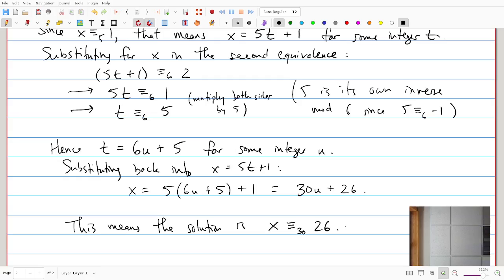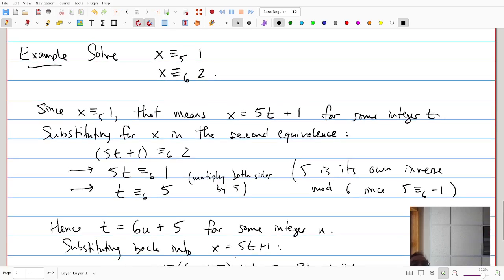So, a couple minutes left. Let me just say, why am I showing this to you? Why do we care? I mean, it's kind of cool that we can solve systems of equivalences. That's kind of interesting. This has some practical applications. So one direct practical application is, suppose you wanted to do